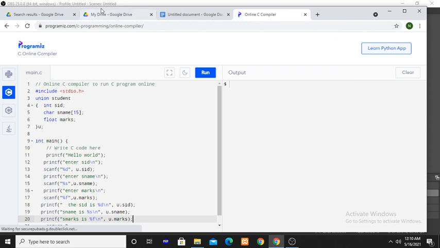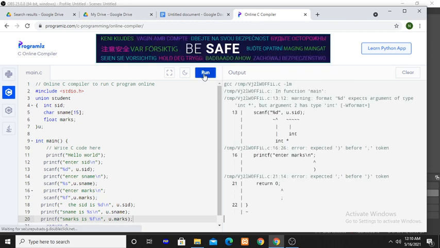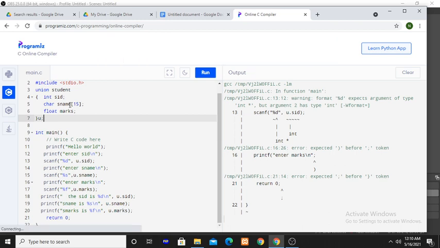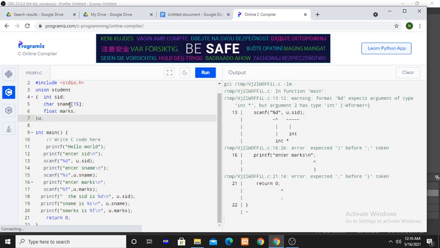Now you will get the error. Why are you getting the error? Here U is the union type variable, so it allocates the memory for only one structure member. What is the size of the variable U? It allocates memory of size 15 bytes.